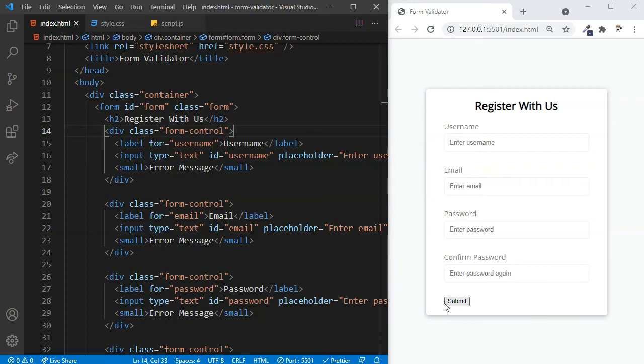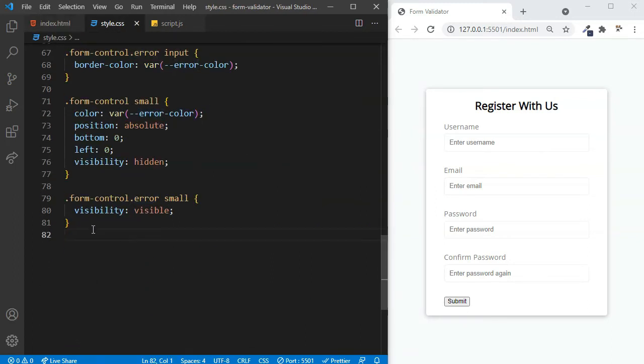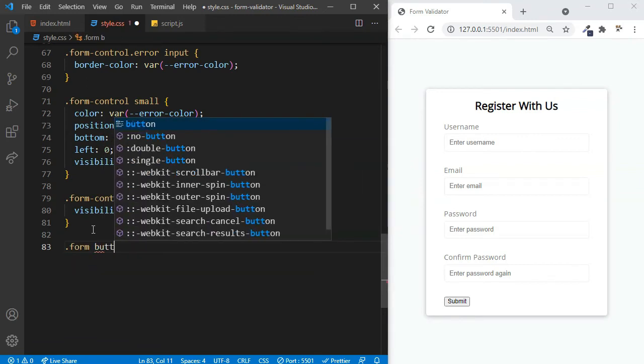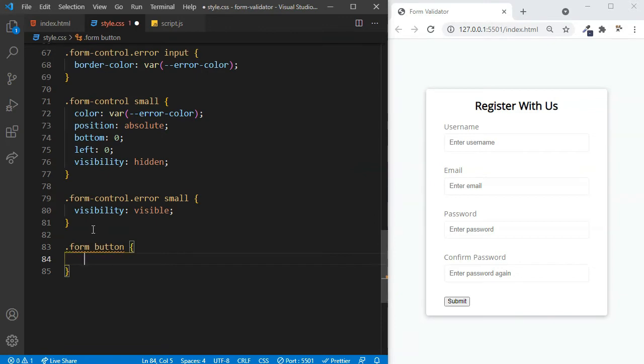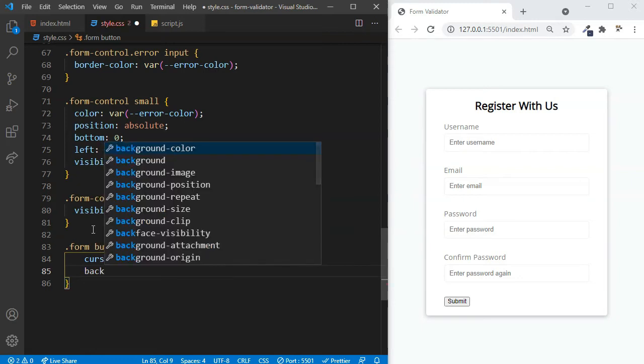Now let's also make this button a little bit nice, right? As you can see, it's looking very ugly right now. So let's target the form button, which is inside of the form and having this button. For the button, I want the cursor to turn to pointer. Let's set the background color to